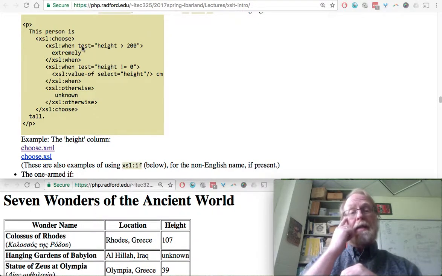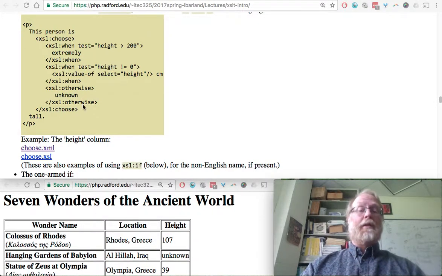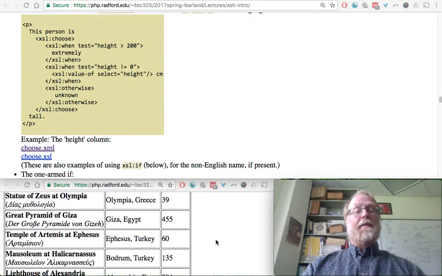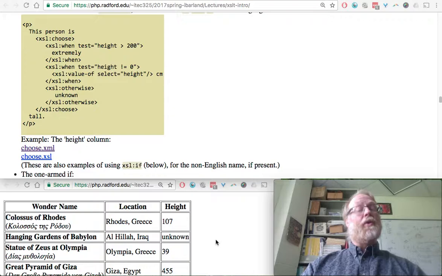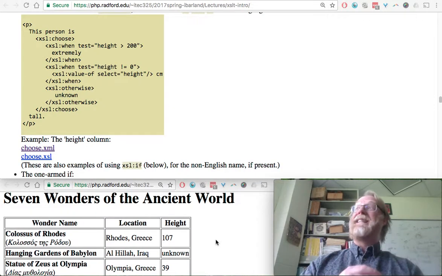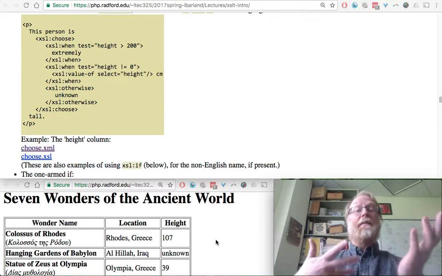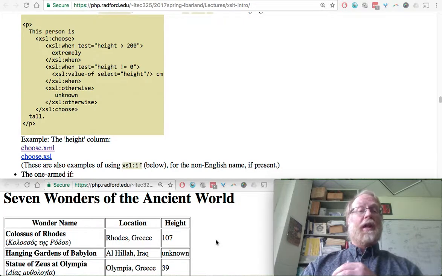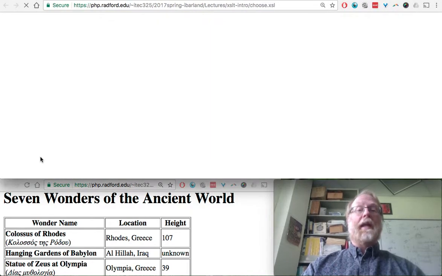Let's just look at an example. So here I clicked on the choose.xml, and we got the 7 wonders of the ancient world down in this table. Of course, when I do a view source, what am I going to see? I'm only going to see the XML file, the database with all the information, but not the program that generated it. For that we want to look at the choose.xsl,